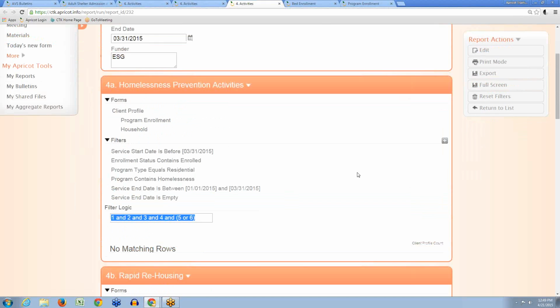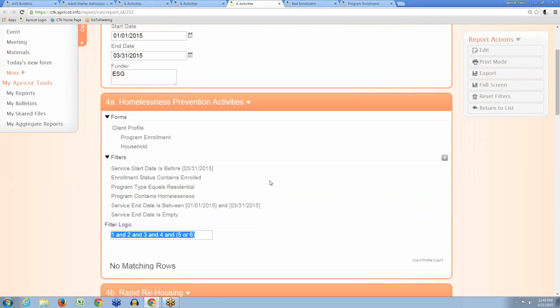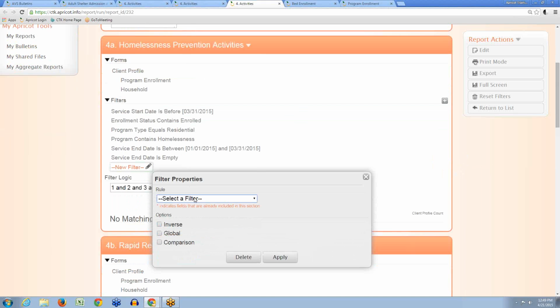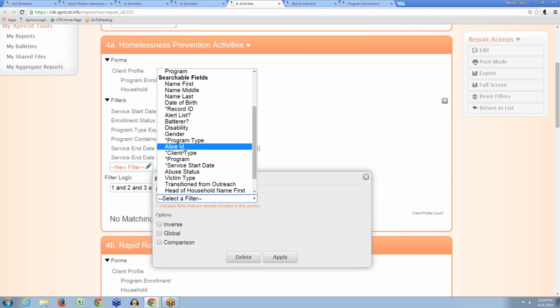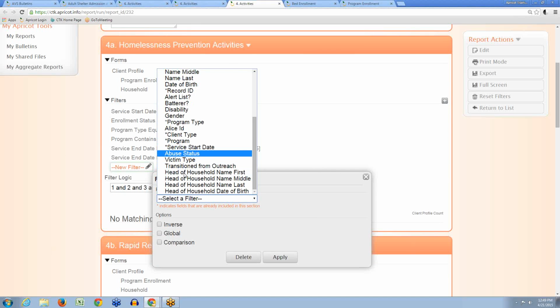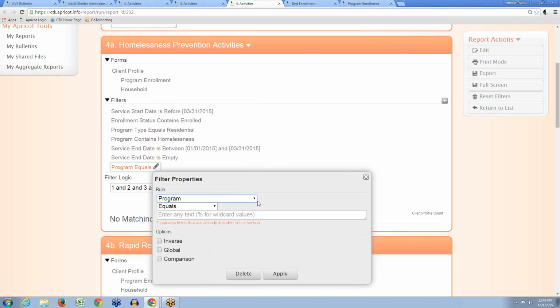And I doubt that I've created any records in this demo site for the ESG funder, so nothing's showing up, but we would build a filter to use this value, and we would say I'm looking for the funder field. Well, it's not here. I'm going to use program instead and type in